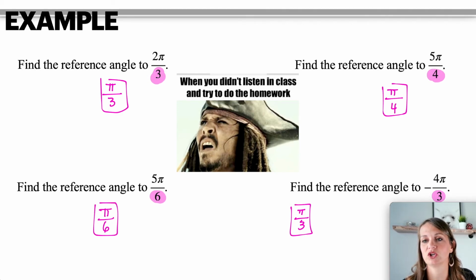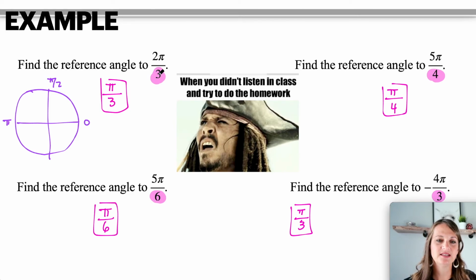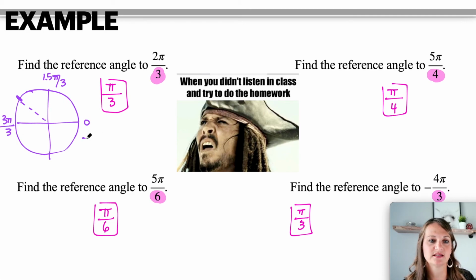Now, here is why that works. All right, we have our coordinate plane. So we know that this is pi, right? And we know this is pi over 2. But we need to know what it is with a 3. So if this is pi and we have a denominator of 3, that means this is 3 pi over 3. And half of that means half of 3 is 1.5. So 2/3 is going to be between 1/2 and 3. So 2/3 is going to be in this direction. And so to subtract 3 pi over 3 minus 2 pi over 3, 3 minus 2 gives me